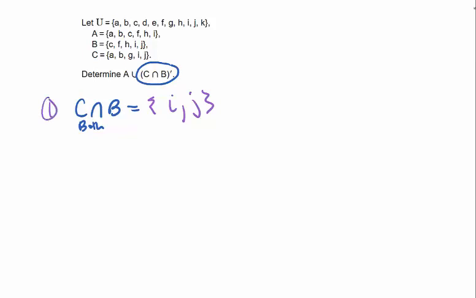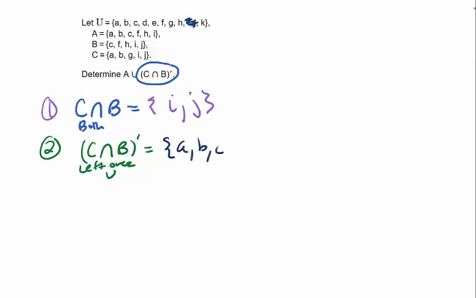Again, not mandatory. So step 2, we now are going to do the complement of what we just did, and remember that's what's left over in the universal set. Left over in U. So we're going to look again up above, and we're basically just taking I and J out. So I'm going to cross them out right now, but I'm listing everything else. So A, B, C, D, E, F, G, H, and K. If it helps to cross them out like I did it, do it. I'm going to erase it just so you can see that whole piece is there, but it's what was left over. My last step now is to take